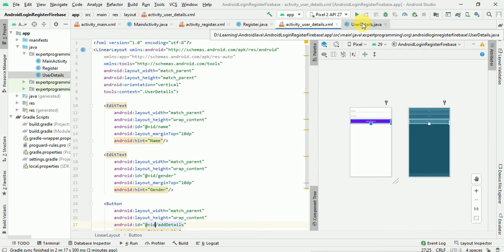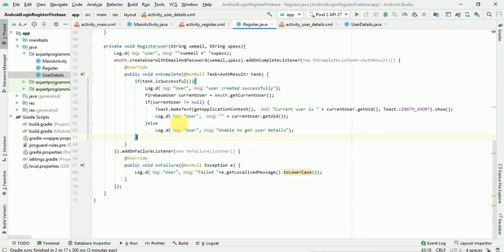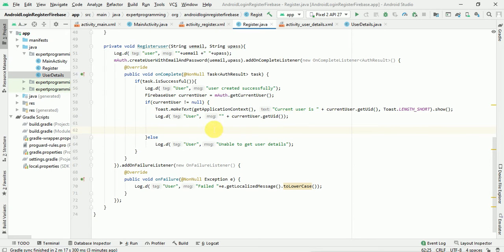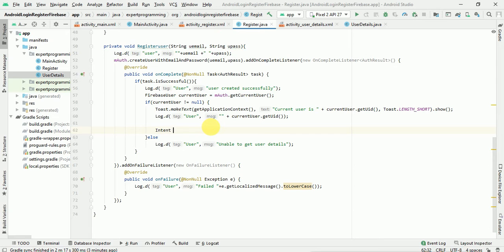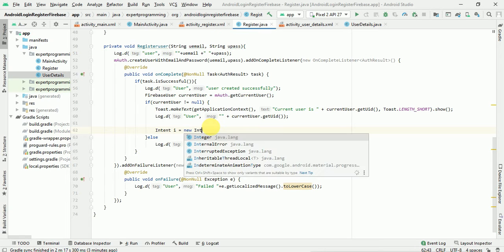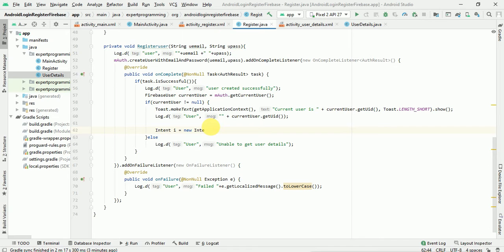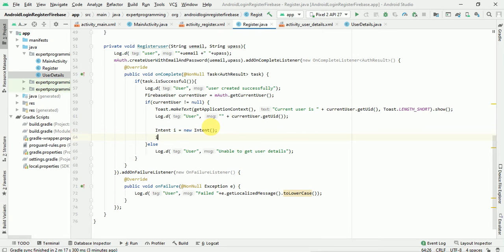Now we need to call this activity, so we'll go to the register page. Here we are getting success. Okay, so once it's successful, then we'll create the user. So the first thing is we'll call the next activity. So Intent i equals new Intent, and then we'll send the email address from here. So i dot